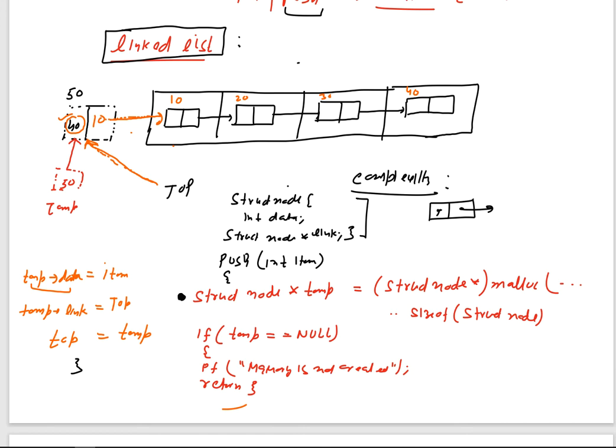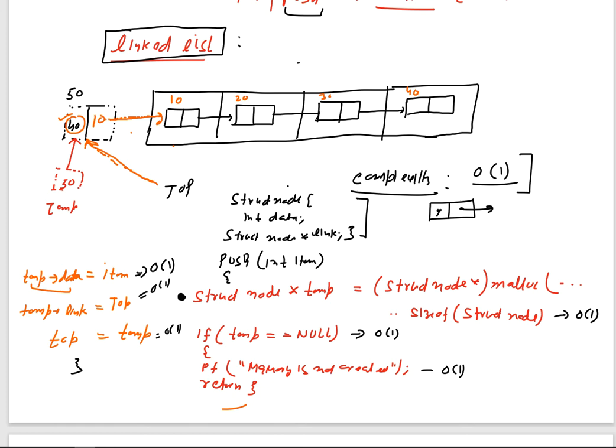In order to create this node, how much time will it take? This is constant time. Then this is one comparison here, again constant time, and these are simple statements, so again constant. This is an assignment, constant time. This is again constant time, and this is again constant time. So overall the complexity will be of order of one. For both array implementation and linked list implementation, the push operation will take constant time. That is, the insertion will take constant time.